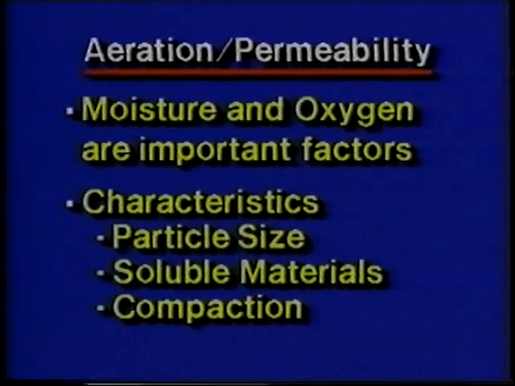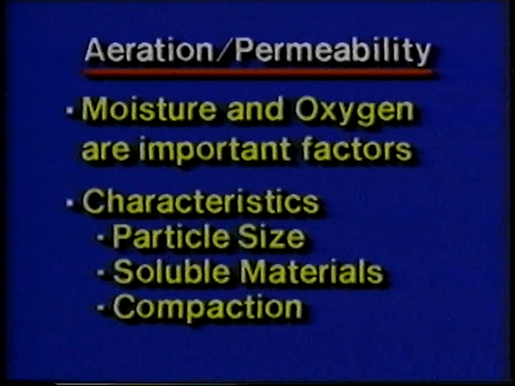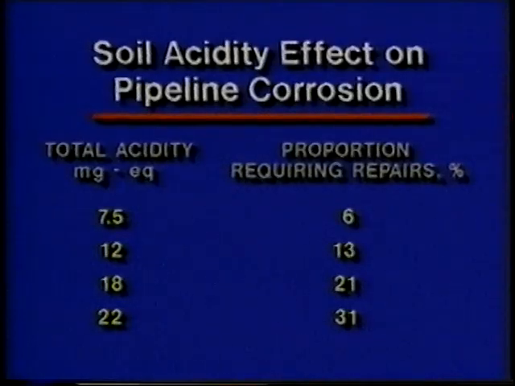Another characteristic of the soil is this aeration or permeability. That affects not only the oxygen concentration, but the ability of moisture to penetrate to the metallic structure and also to be removed and move away from the structure. That's controlled by soil characteristics such as particle size, clay soils versus sandy soils, and so on and so forth. The soil acidity we mentioned as being an important parameter for soil corrosion, and some of the typical data for soils is shown in the next slide. In this slide, we're showing the total acidity measured in milligrams per